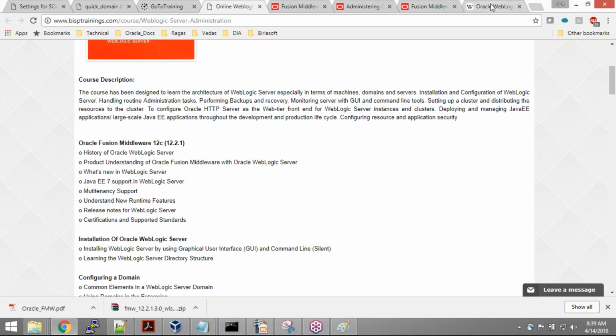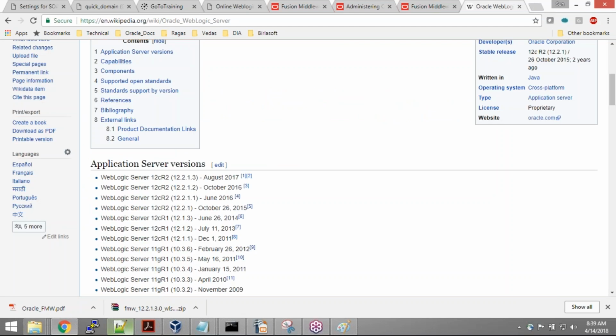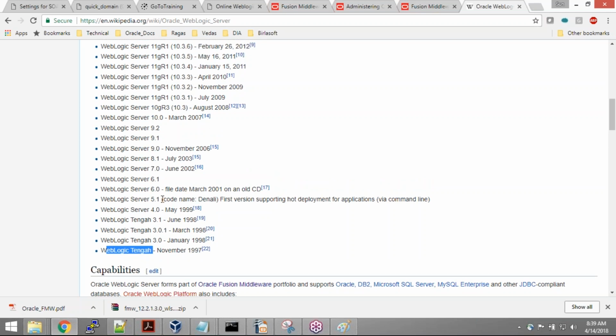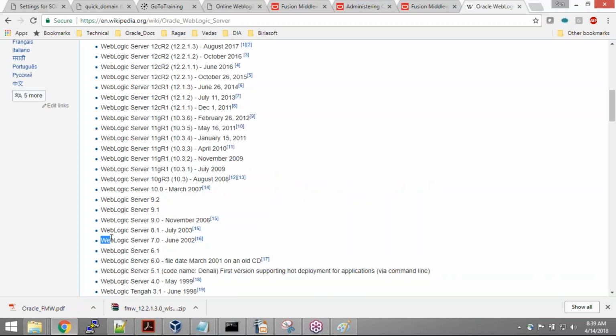It was 1997, which was the earlier version of Tengah. 3.0, 3.1, 4, and the most stable release that they gave was 8.1 in July 2003, which sustained till 2007. And at that time, they kept releasing new versions. They kept on doing improvements to the containers,